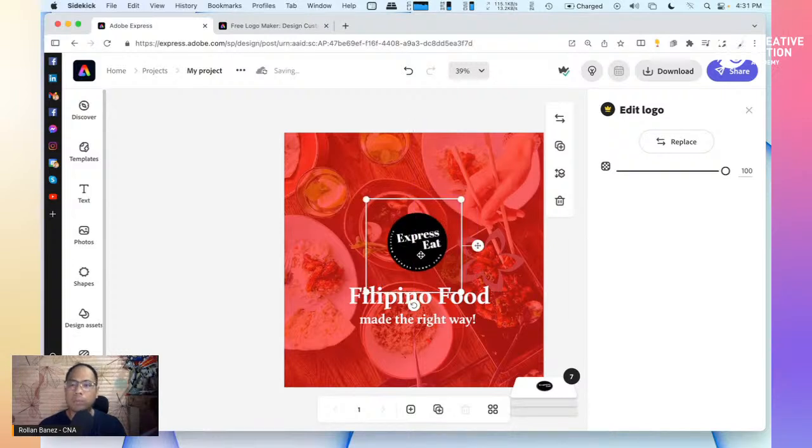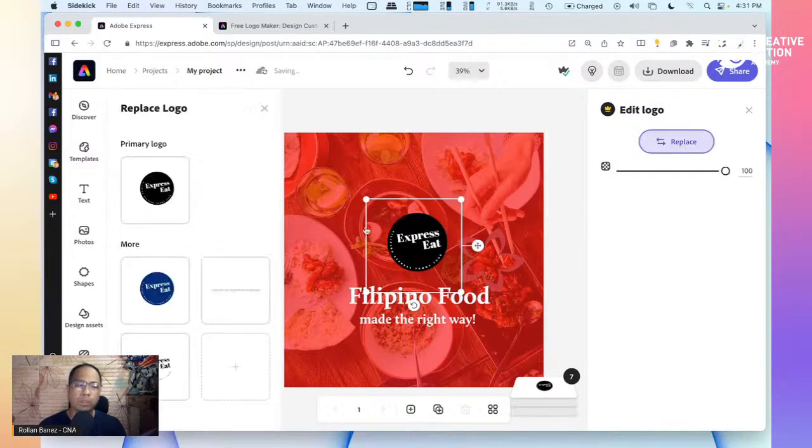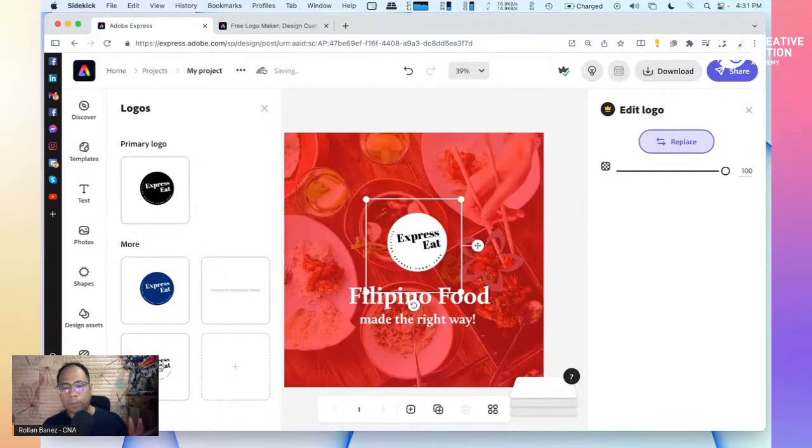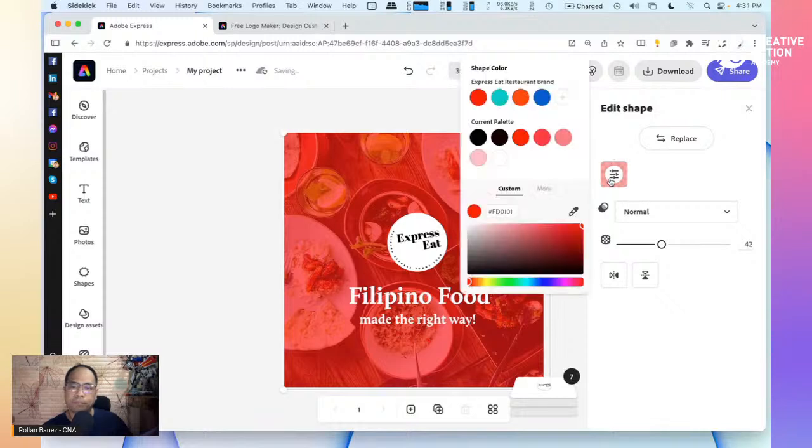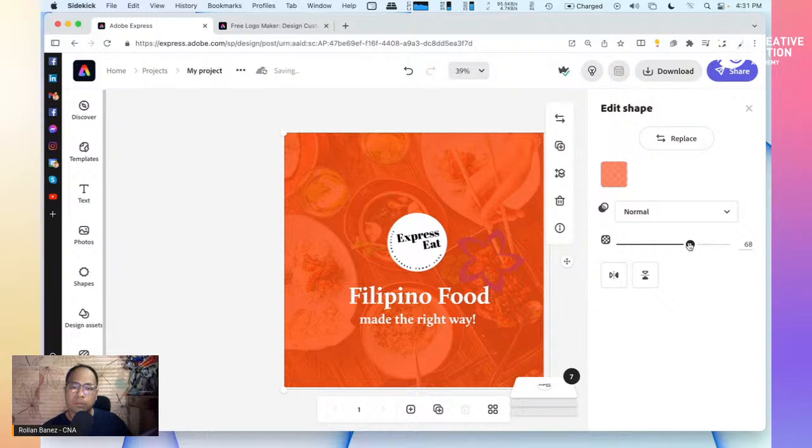And make this white. For example, if I want, I could just edit the logo and replace it with another logo that I have created, which is this one. Let's click on that. This will automatically swap out the logo. Let's go back to the photo and let's add more variations of this, like this one. Okay, let's make this washed out. And then after this will enable you to just create much better designs using the logos properly integrated into